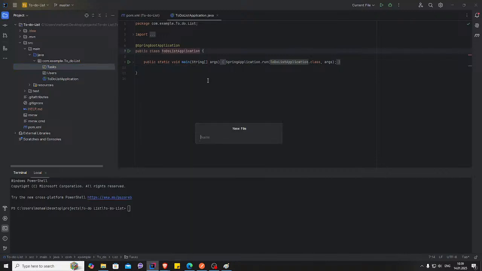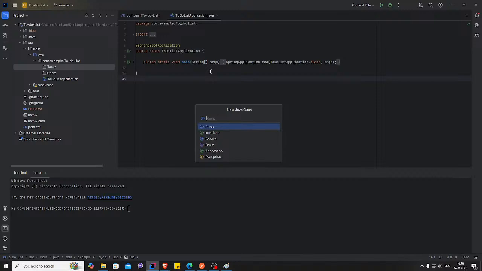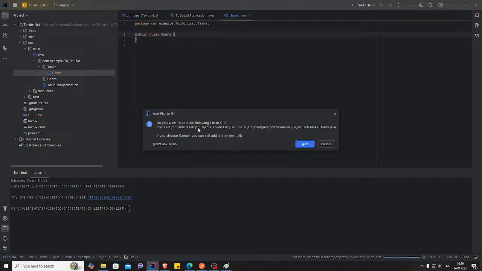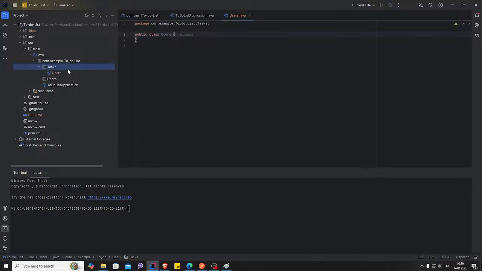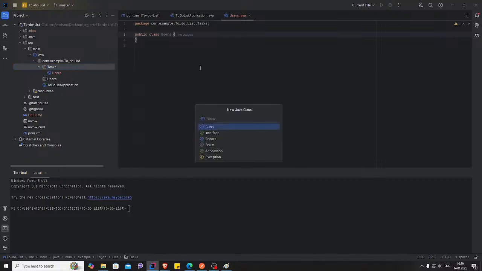This one will have the first file, we'll call users, sorry, not file, class users. I don't want to be asked that again, so let's just say cancel. I'll add it once I finish. We make one big commit afterwards. Not sure if that's the right way to do it, but